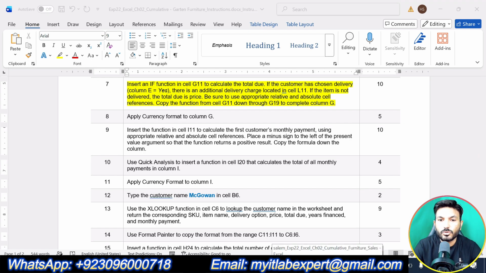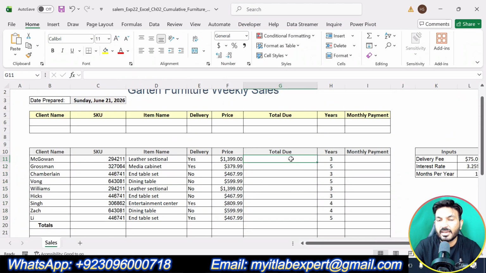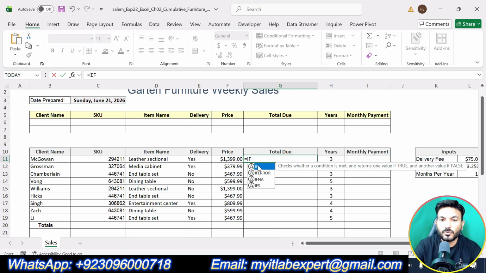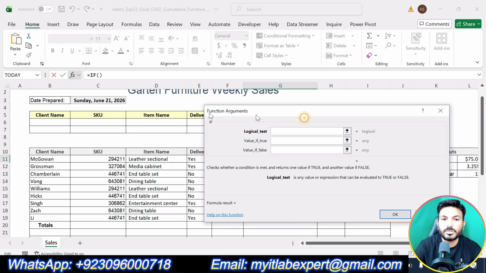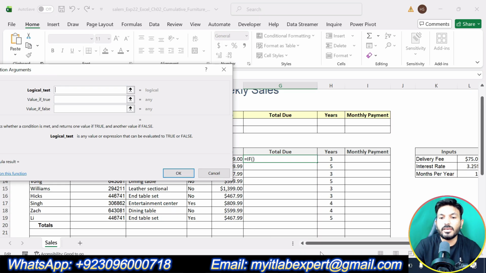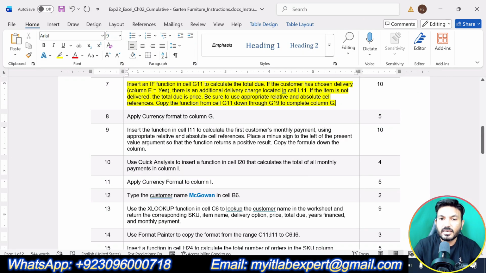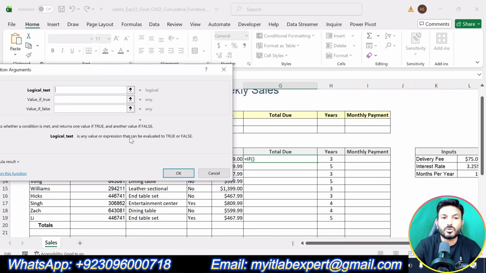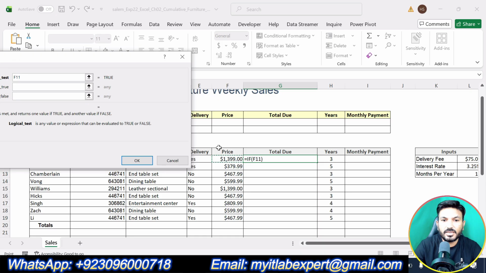Okay, now let's go to the workbook and go to cell G11. Here we are supposed to use an IF function. So type an equal sign and type IF. So we will get the IF function, double click on that. Now click the function symbol to enter the function arguments. Our logical test is if the customer has chosen delivery, that means if E is equal to yes. So if E11 is equal to yes,